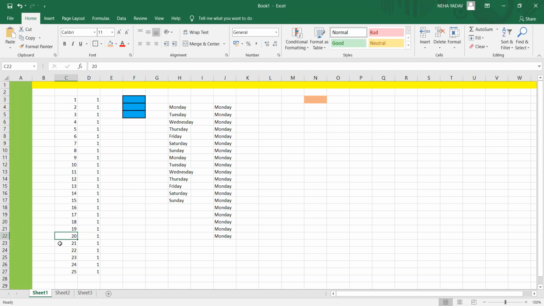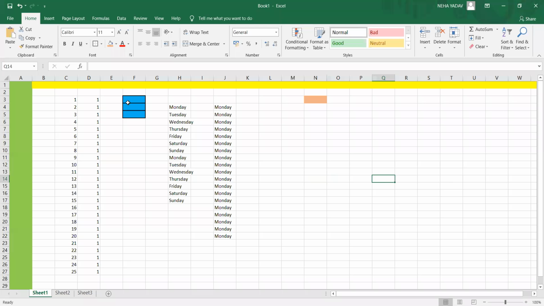You don't have to count yourself which cell or row number it is. You just have to look on the left-hand side and you will know it is the 22nd row. So the active cell will always be that cell which is right now selected. It has a temporary boundary also. If I'm selecting this, it has a greenish boundary, but that is not an actual border. It is just a temporary boundary.